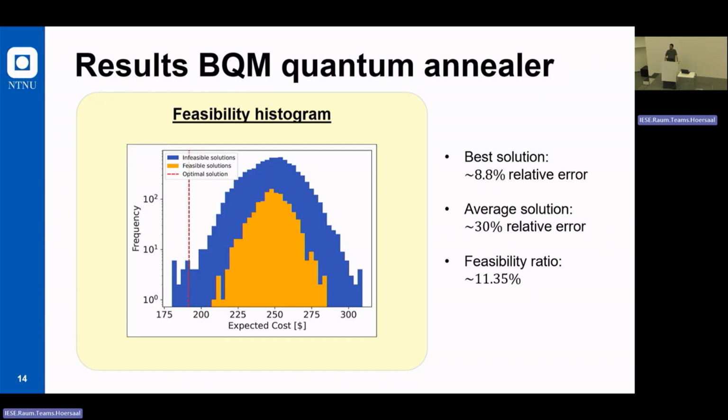But what we observe is that the best solution of those feasible ones has a relative error of 8%, which is quite good for the situation where we are, which is simulated annealing with a binary encoding, with a Lagrange multiplier tuning that is not perfect, but gives us a good idea of the values of these multipliers. It's quite a good solution. But if you check the average of all the feasible solutions, the error is 30%, which is quite large. And ideally, we would like to reduce this a bit more.